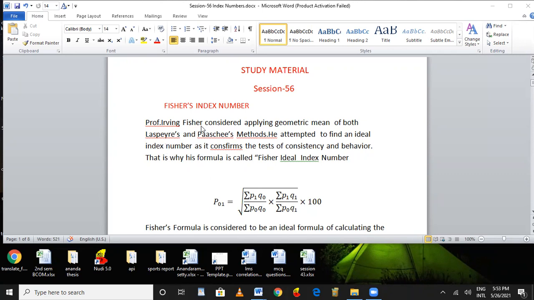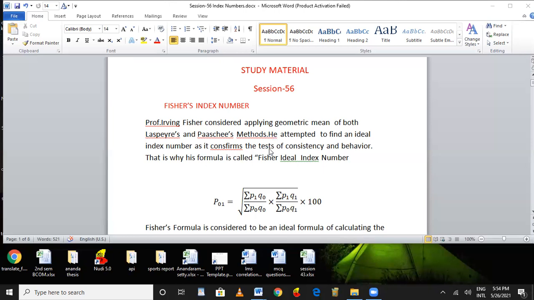Earlier, what were the methods which have been used for the index number? It has been denoted as the P01 price index number, which has been compared with the base year and the current year. In some index numbers, they have ignored the quantities. In some, they have ignored the geometric mean. So here Fisher applied the geometric mean, and considered the weightage, so that individual importance has to be given for all the commodities, and also he